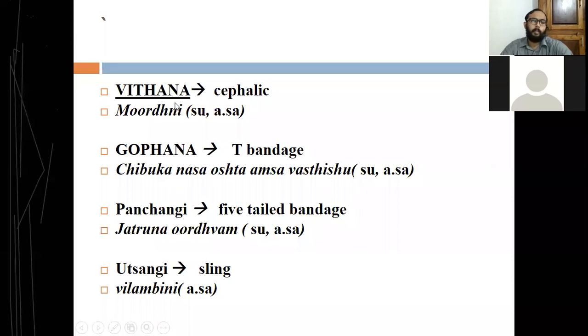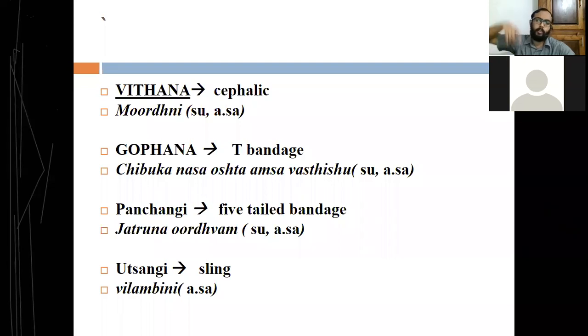In Vidhana Bandha, we can use a roller bandage which is rolled from both the sides. From the center here, we can start the bandage, or otherwise we can take anterior turn to posterior turn like this. Anterior to posterior, 3 to 4 turns should be taken like this, and then we can fix it with